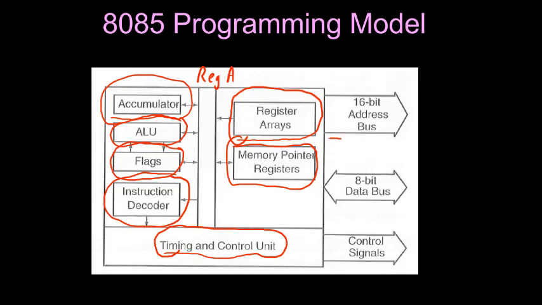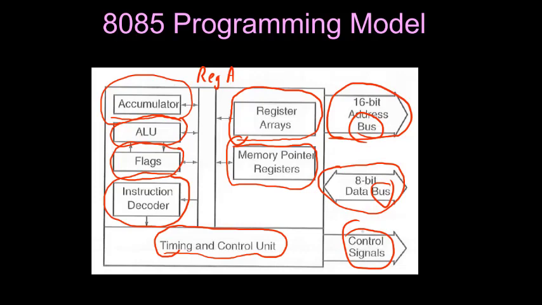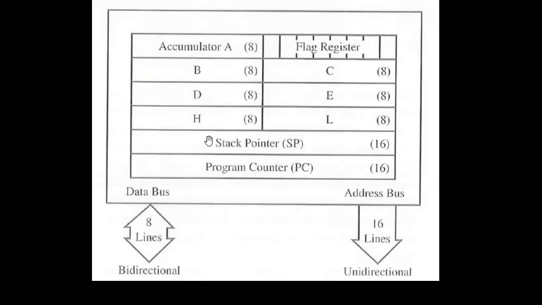Here we also have the address bus. The address bus is 16-bit. We'll be learning more in the next lectures. And this is an 8-bit data bus. A bus is actually a collection of wires, as we know. So in the 8085 microprocessor we have a 16-bit address bus and an 8-bit data bus, and then some control signals which are used to provide the necessary timing and control signals. This diagram represents the programming model of 8085.